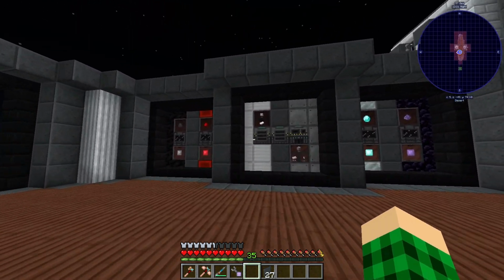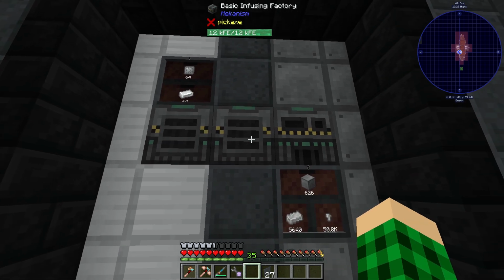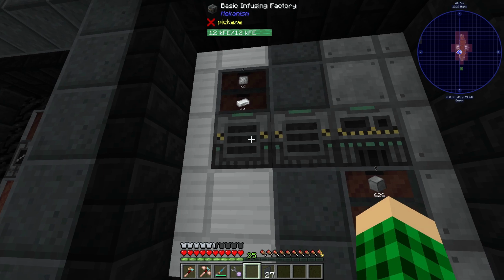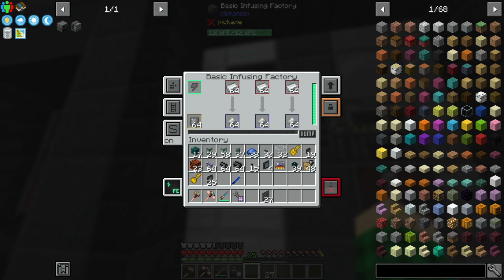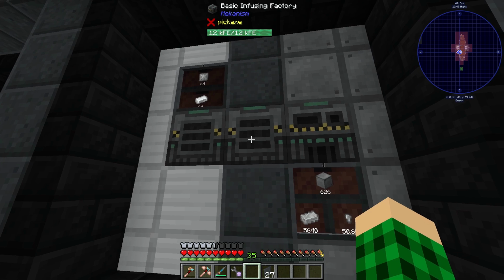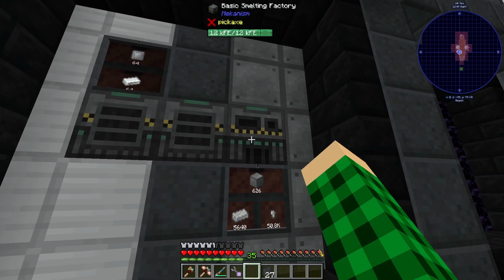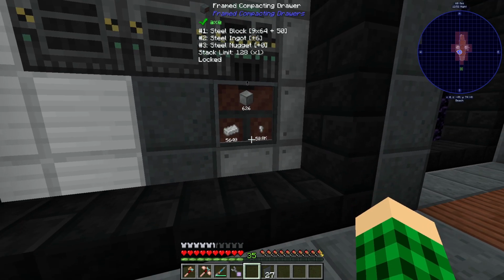As you can see, we basically have 2 basic infusing factories and a basic smelting factory as our steel production. So what happens is we have the first infusing factory take iron ingots and it combines them with enriched carbon, which just gets put in here, which is carbon in millibuckets, and then it turns that into enriched iron. It then pushes the enriched iron directly into this basic infusing factory, which turns the enriched iron with more carbon into steel dust. And the steel dust we then just need to smelt to make steel ingots, which are stored